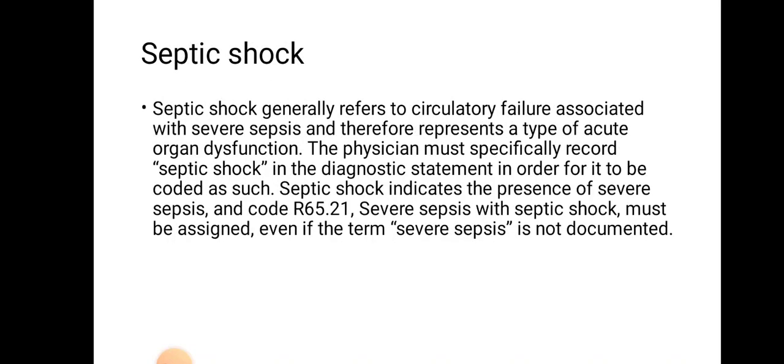So what is septic shock? Septic shock generally refers to a circulatory failure associated with severe sepsis. So when circulatory failure occurs with severe sepsis, it leads to septic shock, and therefore it represents a type of acute organ dysfunction. So any organ dysfunction can also occur in septic shock. The physician must specifically record septic shock in the diagnostic statement in order for it to be coded as such. So our physician should specifically mention septic shock in the diagnostic statement so that the coder can capture the diagnosis